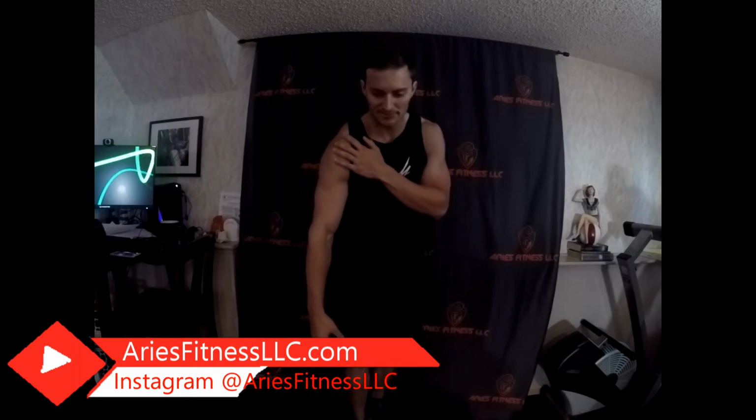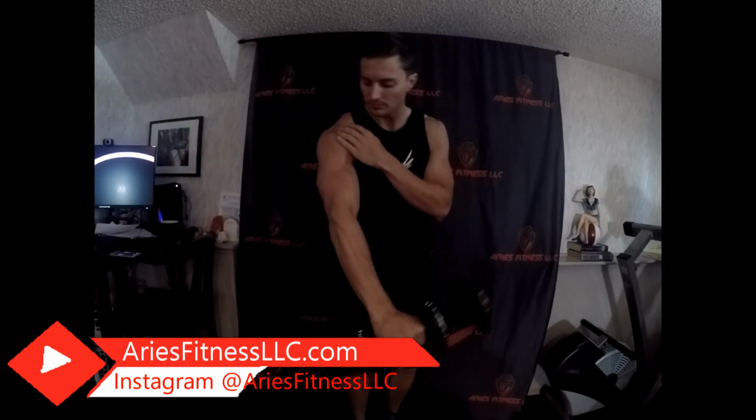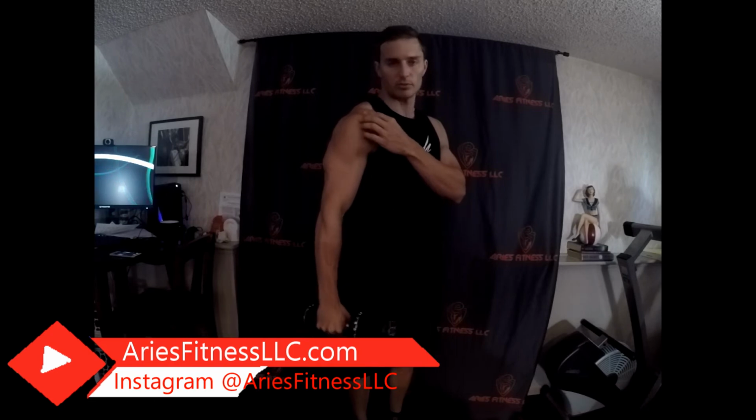All right, let's do some front raises. Front raises you can do this way. It'll help the front delt. These are some exercises I'm going to teach real quick. So, I got my Bowflex dumbbell right here. You can go up, and as you can see, it contracts, and then on the eccentric, it relaxes and